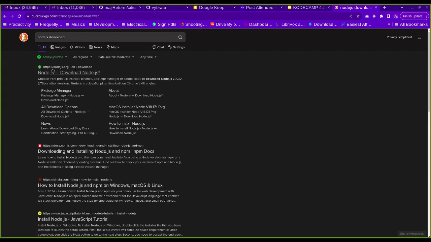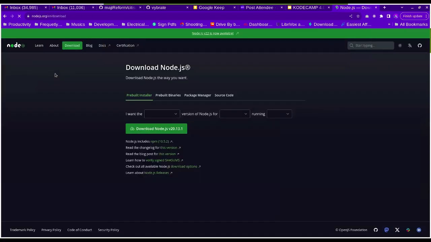It will always be nodejs.org/en/download. You click here, and you'll be presented with the screen to download Node.js. You can then click download Node.js, and after downloading it, you can install.